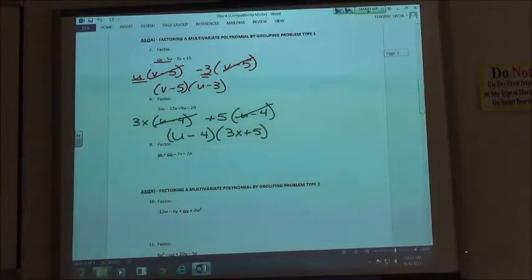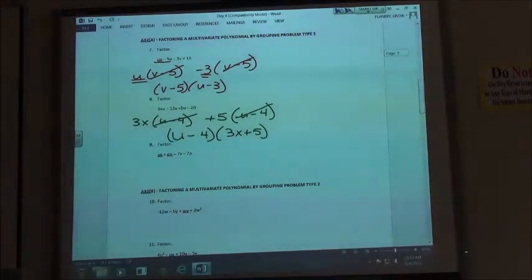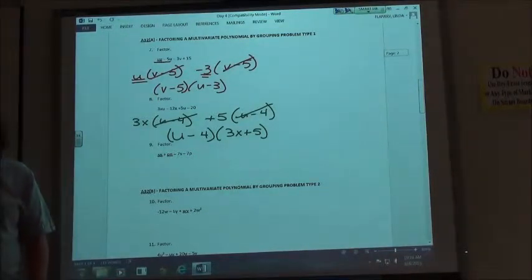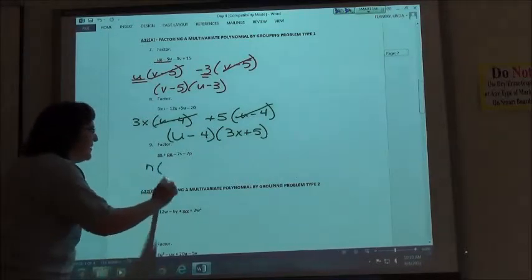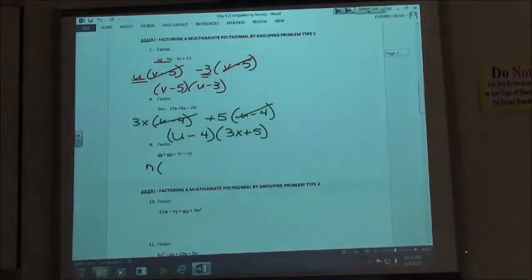And again, I'd probably just leave that one in the same order because my first two terms have a common factor of n. If I divide the n out, I get